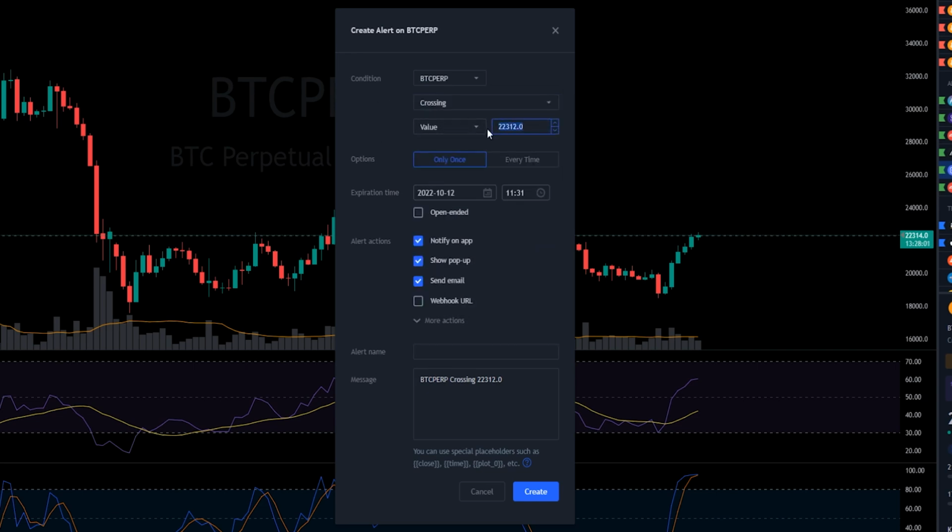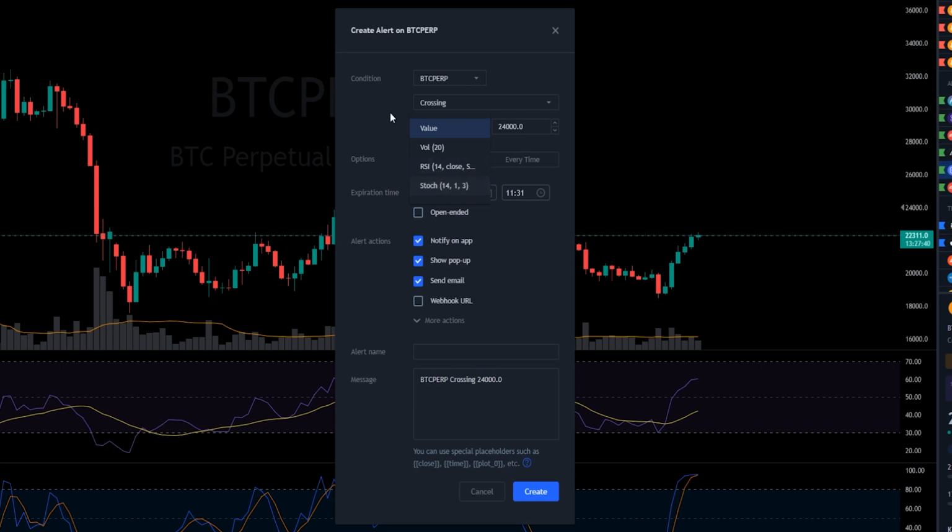So let's imagine that we want to be alerted if Bitcoin gets above 24,000. We could do something like that. Or you can even set an alert to an indicator. So if I click here where it says value, as you can see, I could set an alert to volume, RSI, or stochastic. If you had a different indicator up down below, you'd likely be able to set an alert